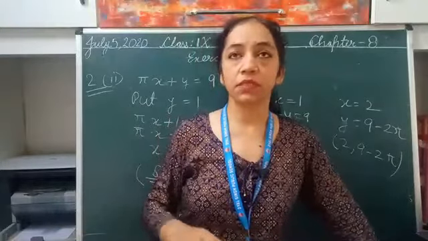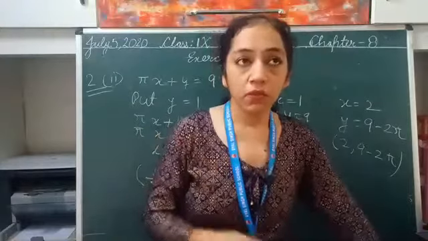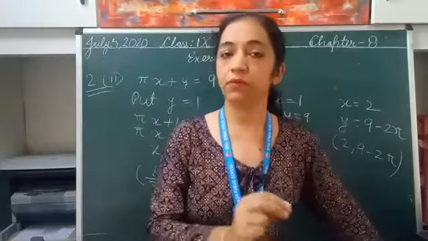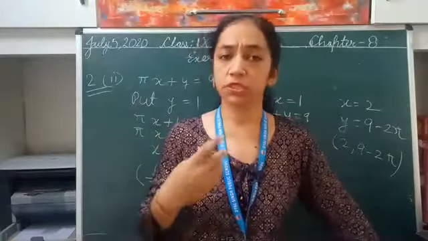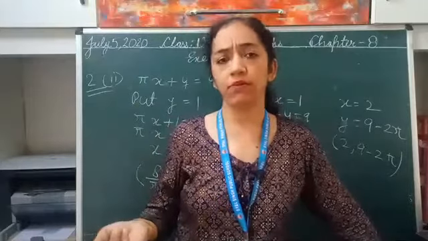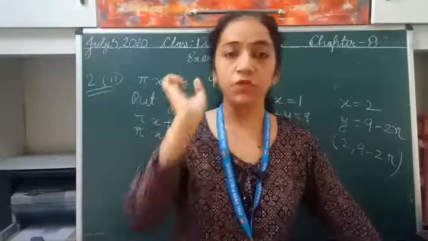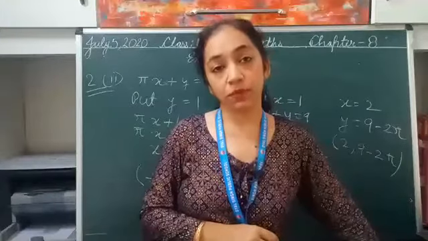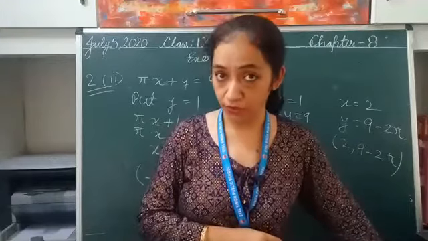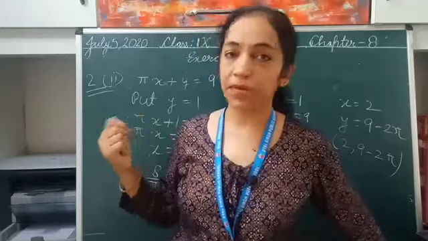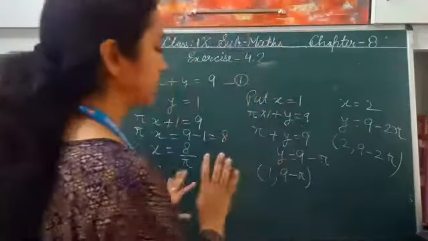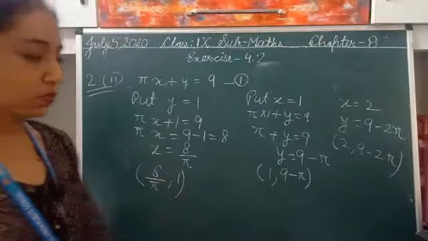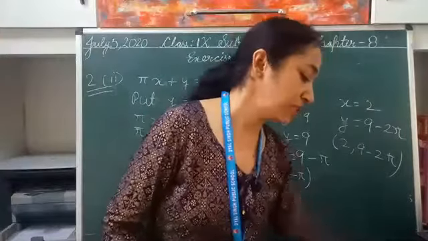Most of the questions of this kind, if you are given the value of pi, then only we will put the value. Otherwise, we can write pi as it is, right? In the questions of measurement, when we find the area of anything in which pi is used, we will use the value of pi given in the question, whether that is 22 upon 7 or 3.14, right? But in this question, the value of pi is not given to you. So we can write pi as it is, as 9 minus pi, 9 minus 2 pi, 8 upon pi, right? So this was the second part of the second question, right?